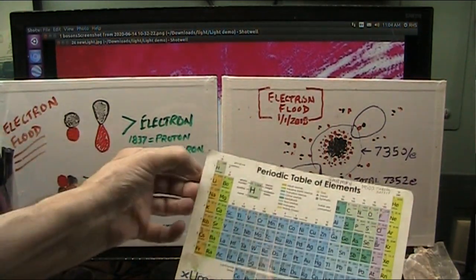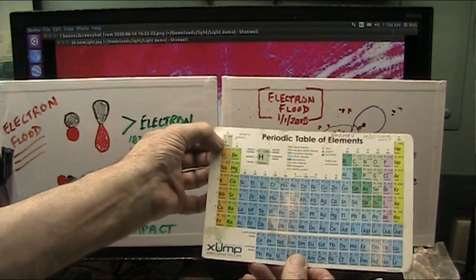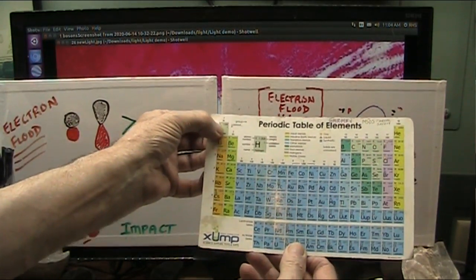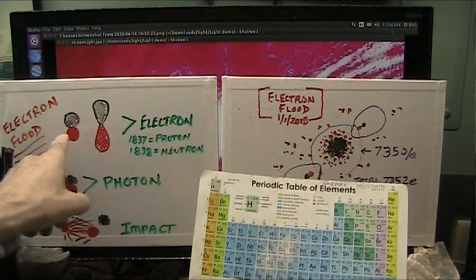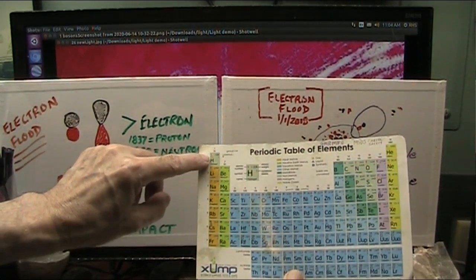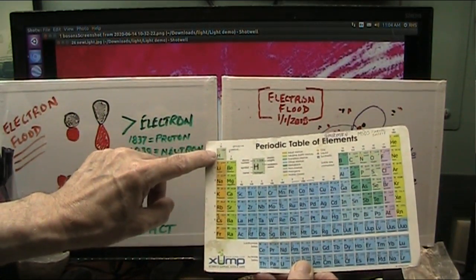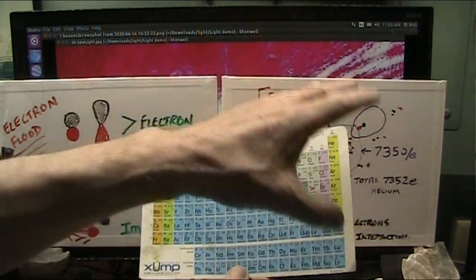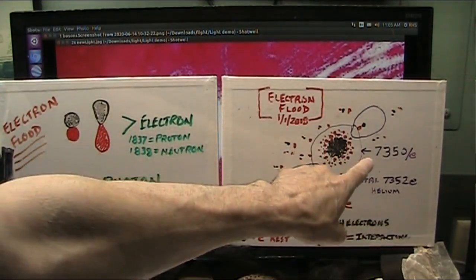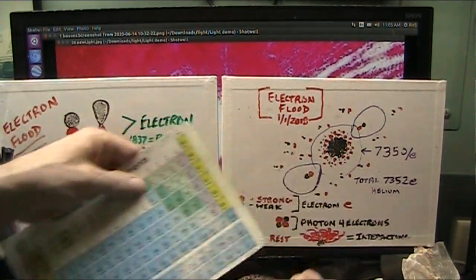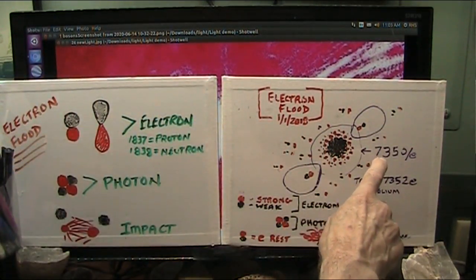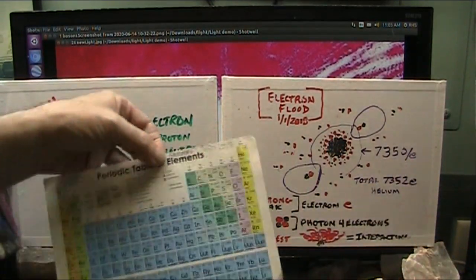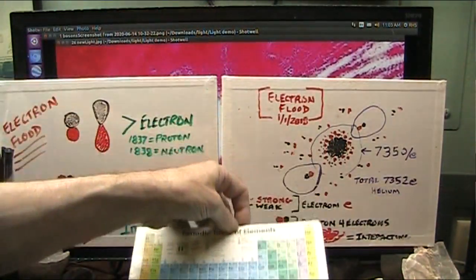All right, this one right here has 1,840 or so of these particles. It's the smallest atom we have, which is hydrogen. And then they go up to much bigger. The helium right there, the next biggest one, is already up at 7,350. All right, and then it goes way up from there, way up.